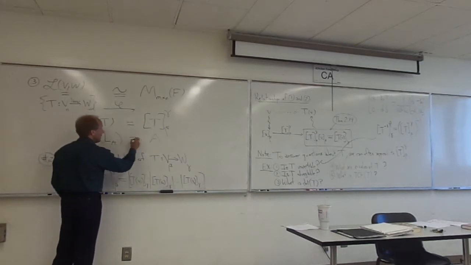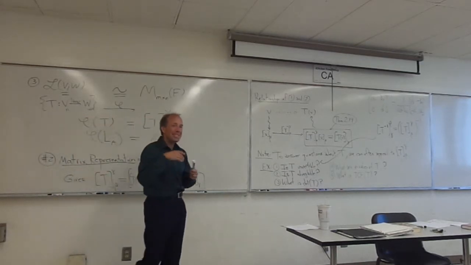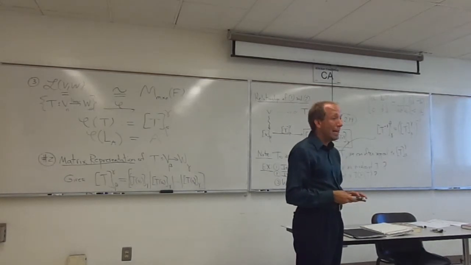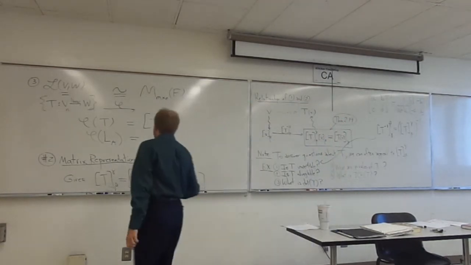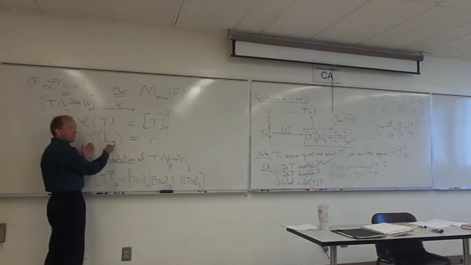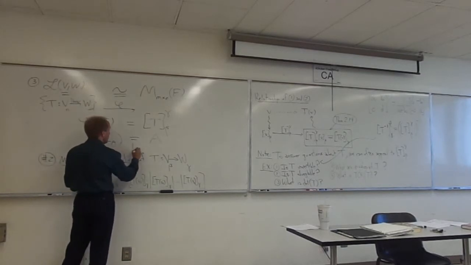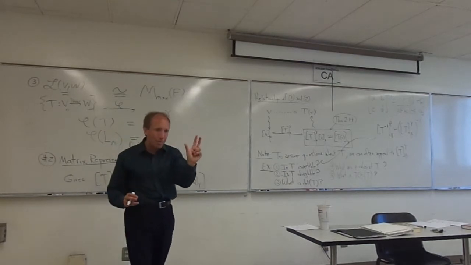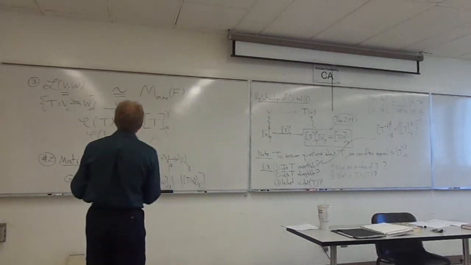L sub A is the linear transformation which is left multiplication by the matrix capital A. The reason that that is the pre-image is because if you take L sub A and build a matrix representation of it from beta to gamma, where beta and gamma in this case are going to be the standard basis vectors on